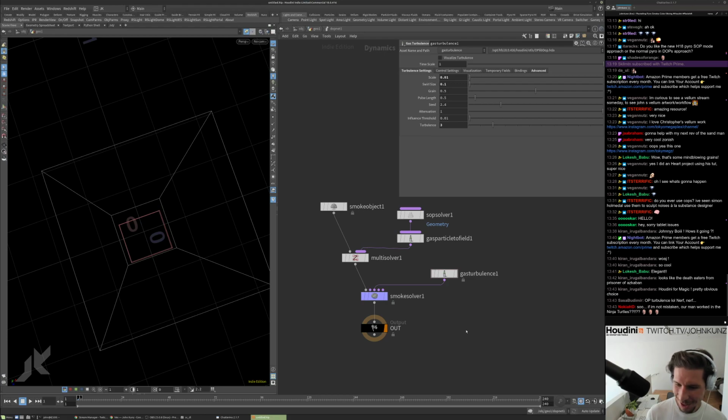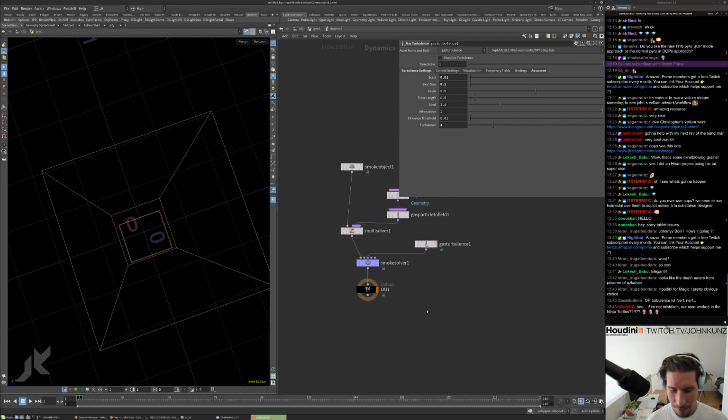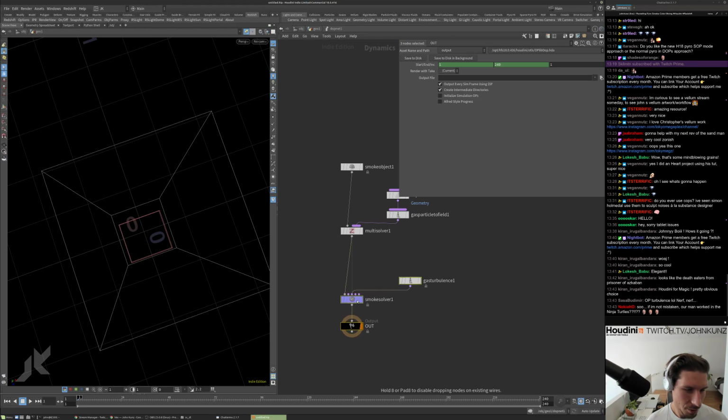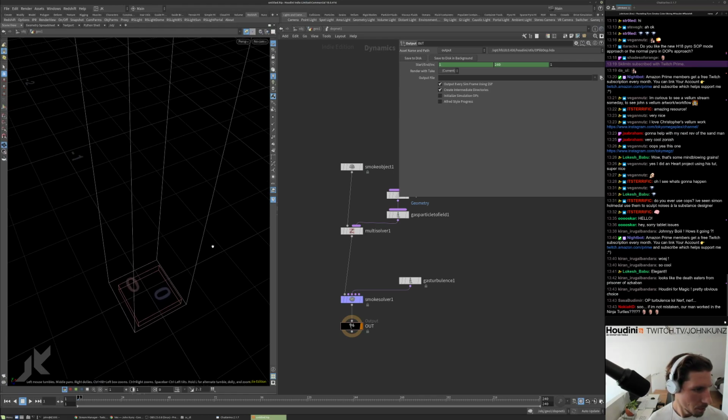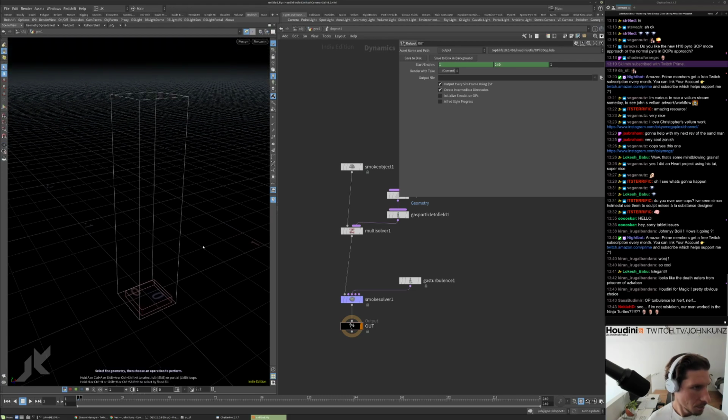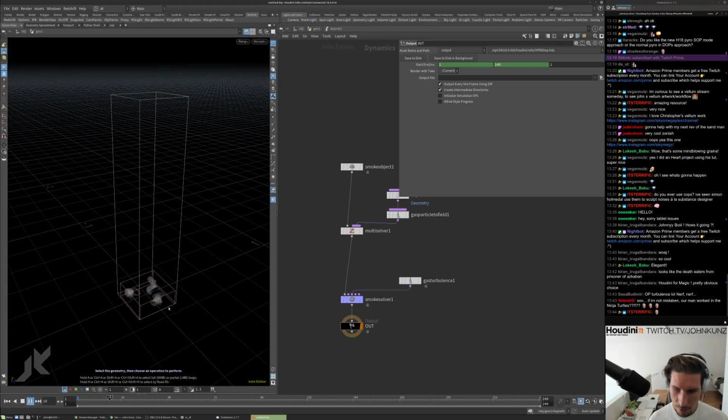Our man worked in the Ninja Turtles. I did. It might be the most recent one. It was the one with Krang, the revival of Krang. I forget the name of it. Like the byline of the Ninja Turtles movie or something. But yeah,